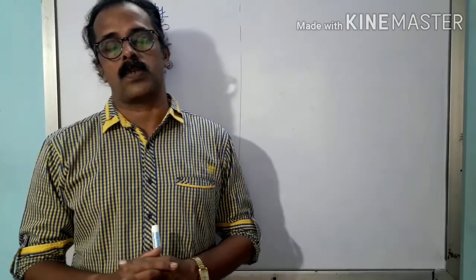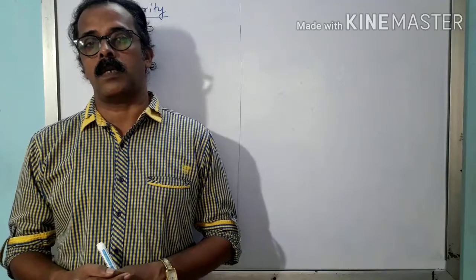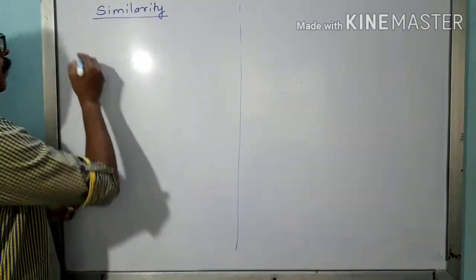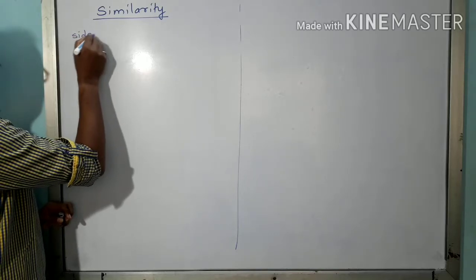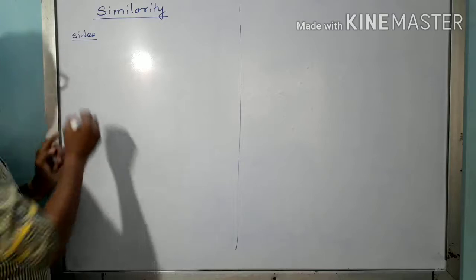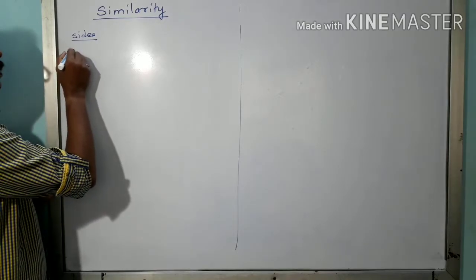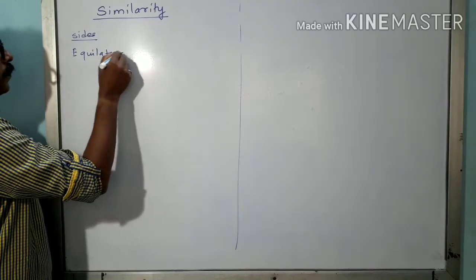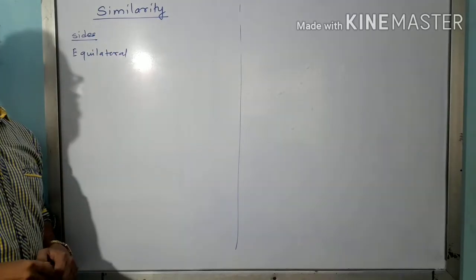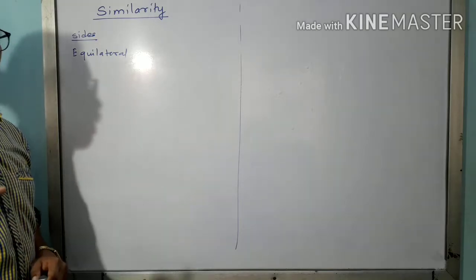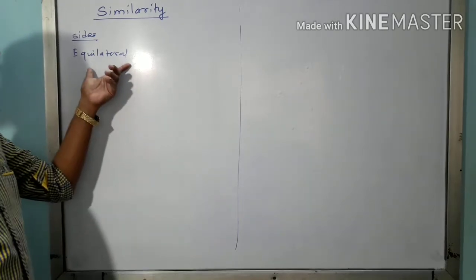My first question was, what are the different types of the triangle according to their sides? I am writing only sides. Just try to understand the answer I am writing. According to the side, the first one was equilateral triangle. Equilateral means all the sides are equal. Each angle is 60 degree. Now, what is your work? Whenever you are writing, this is your basic work.